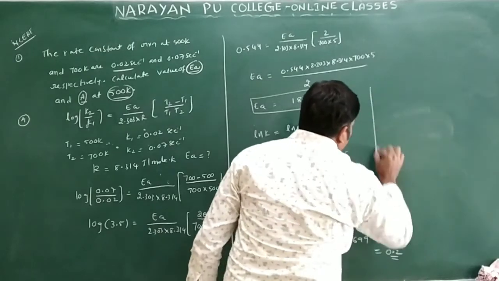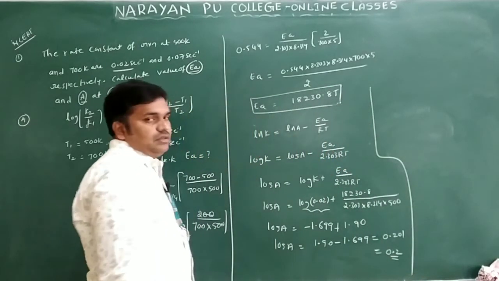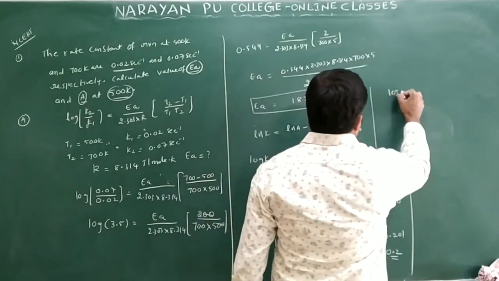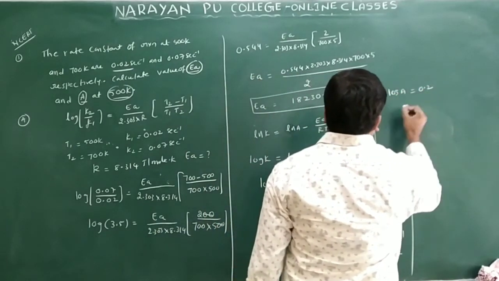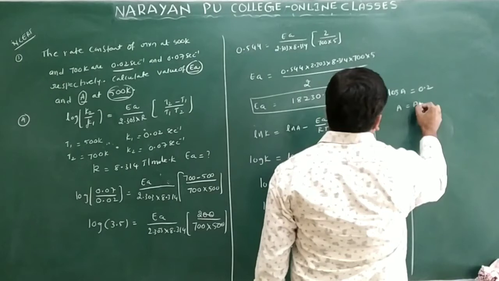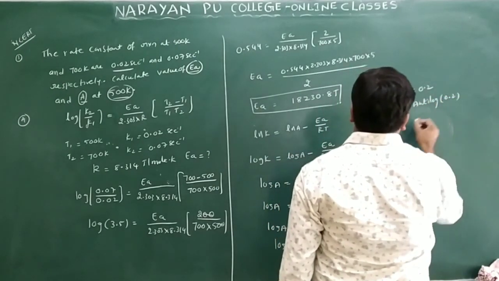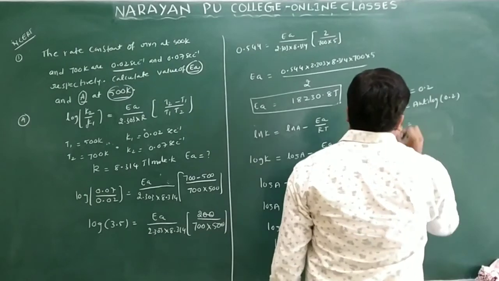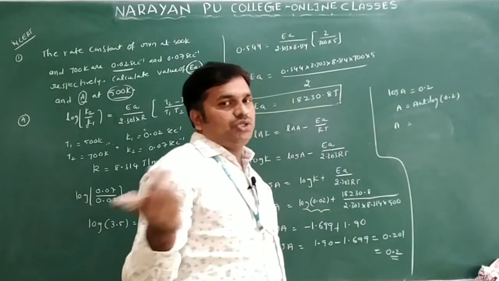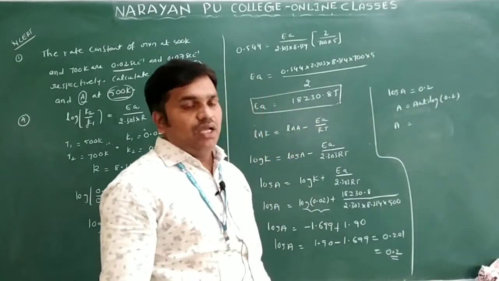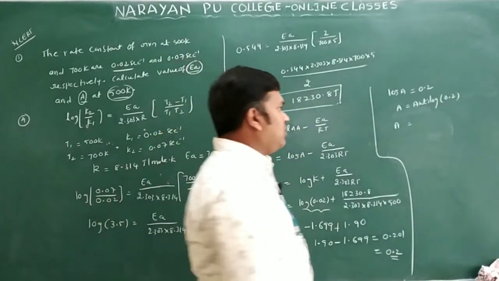So this is not the value of A. This is the value of log A. So log A is equal to 0.2, and A is the anti-log of 0.2. So for the anti-log of 0.2, under 0, approximately you will get